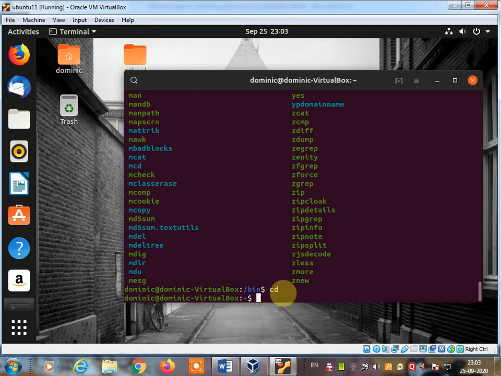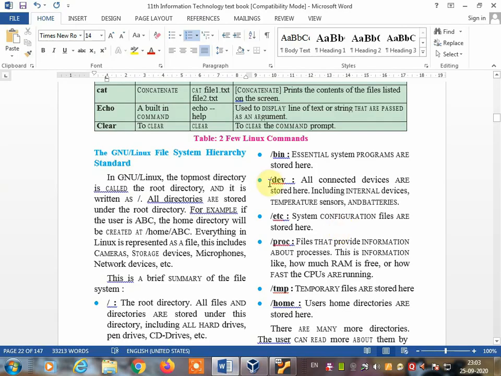Next is /dev. The dev directory shows all connected devices stored under the Linux operating system, including internal devices, temperature sensor and batteries.